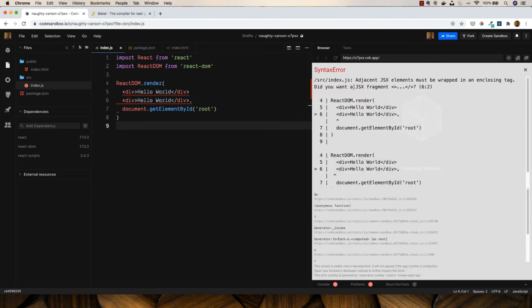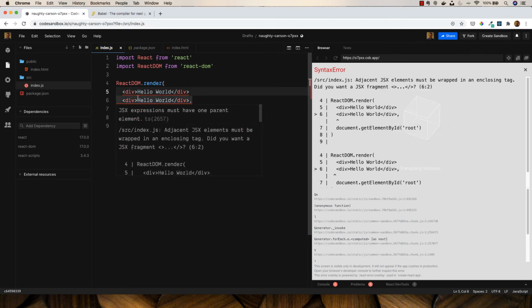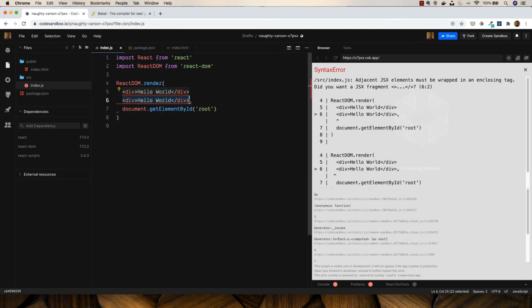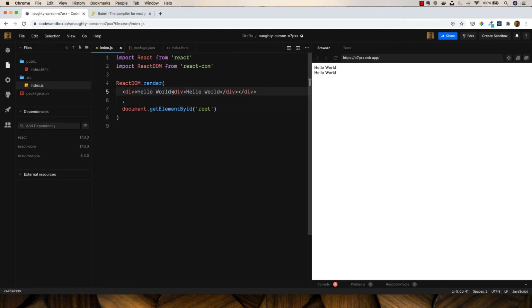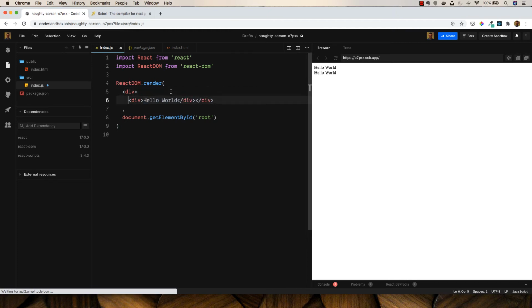So there's adjacent JSX elements. So with JSX, we need to only have one root div. So the way we can work around this is by basically nesting this into a top level div. So this is valid, and you can see that working fine. So we can have a div, and then even maybe a H1 tag